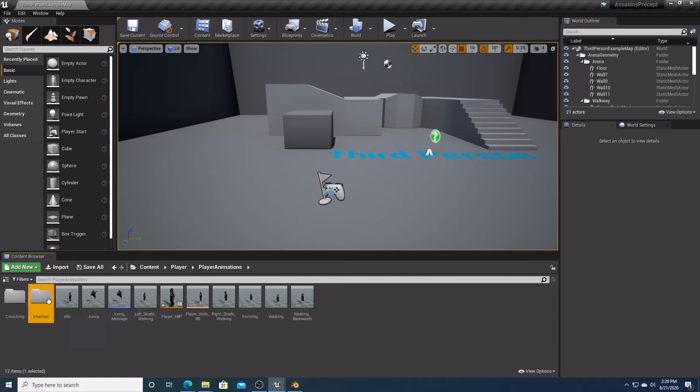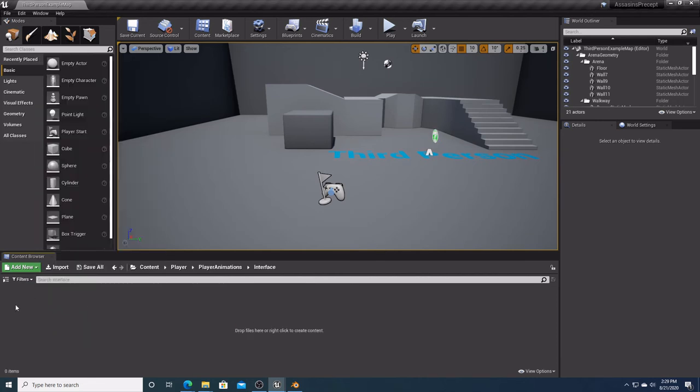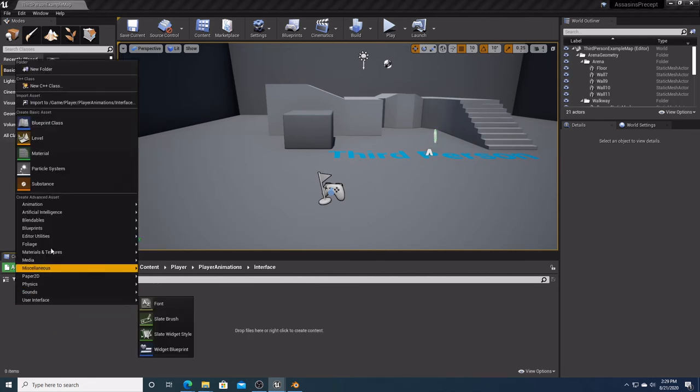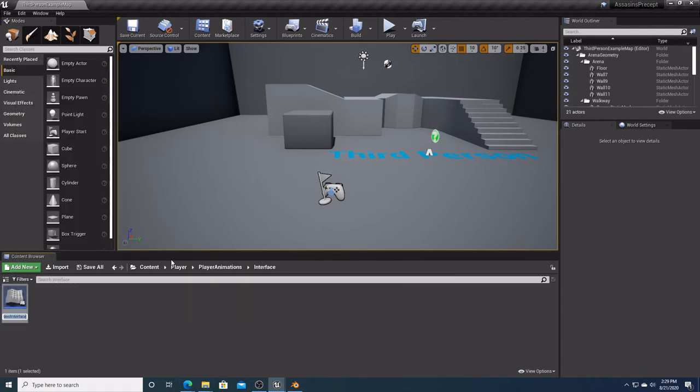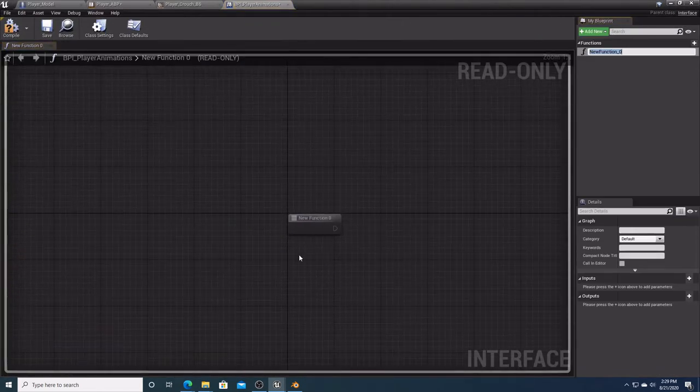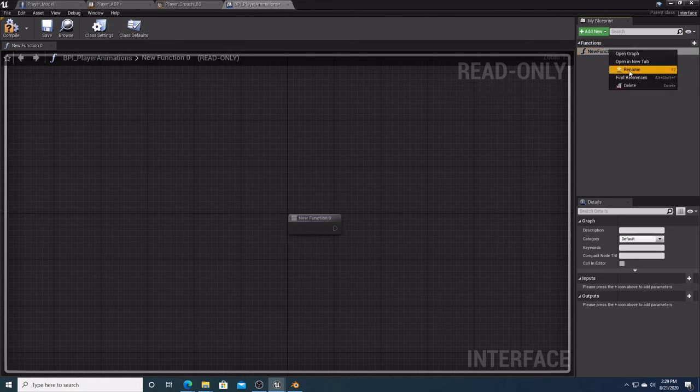And in here, we're going to create something under blueprints, blueprint interface. We'll just call this blueprint interface player animations. We're going to open it up. We have this function here, and we're going to rename this